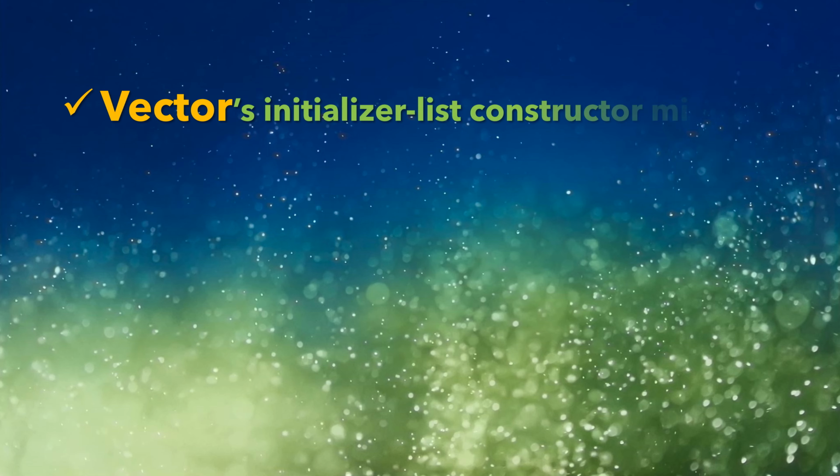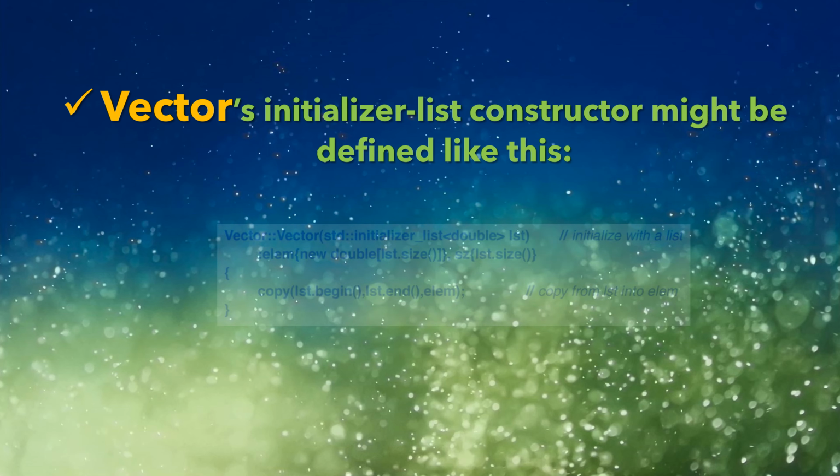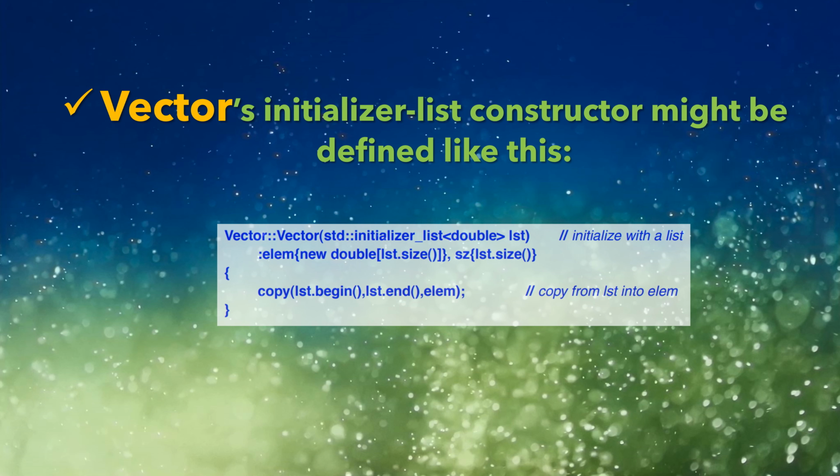Vector's initializer-list constructor might be defined like this: Vector::Vector(std::initializer_list<double> lst) // initialize with a list : elem{new double[lst.size()]}, sz{static_cast<int>(lst.size())} { copy(lst.begin(),lst.end(),elem); // copy from lst into elem }